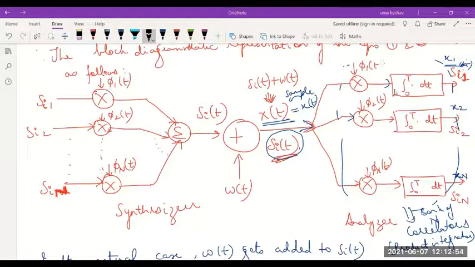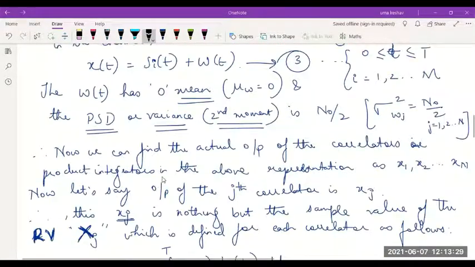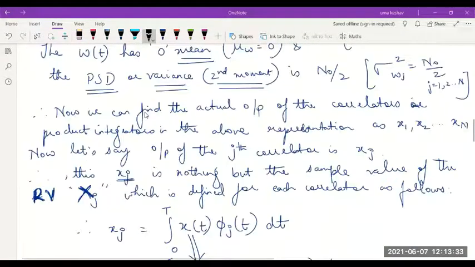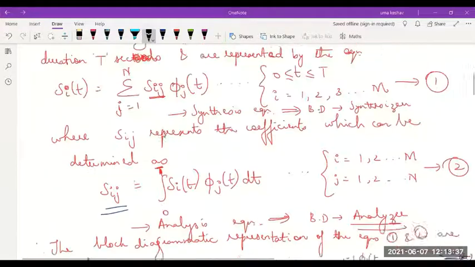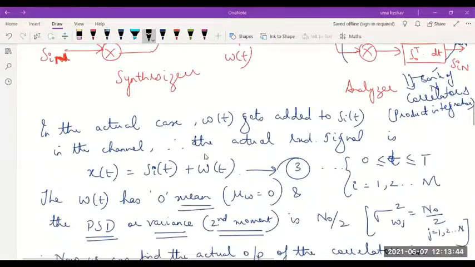Okay. So here you're just multiplying each vector with a sine or cosine, some basis function, and you're adding and transmitting. Here you will do the reverse process. Again, the received signal will be multiplied with the sine or cosine, and then you will low pass filter. Remember, multiplication usually generates many products, and part of it will be the noise also. And when we low pass filter, we should be able to get back the original signal. That's your analysis. And the same thing we are trying to prove by writing this in the form of a vector notation. So whatever equations we get: Si of t, the synthesis function, Sij, the analysis function, the block diagram,